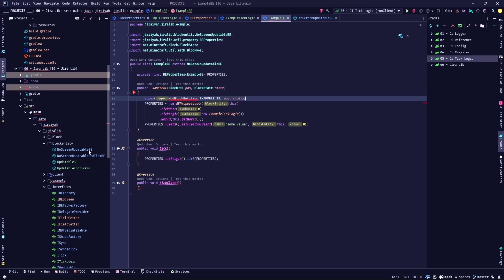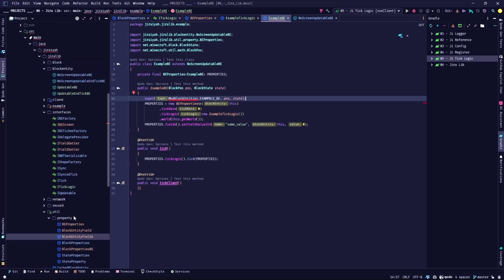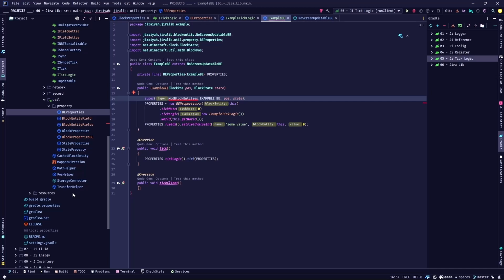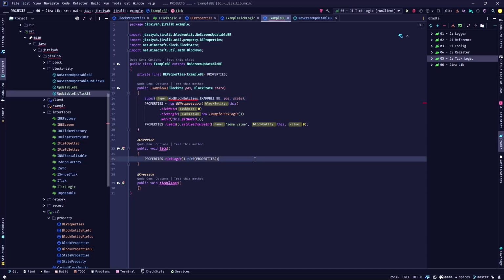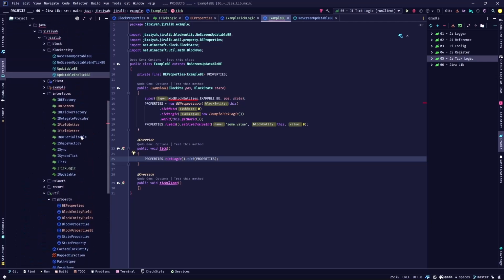Also, I think that I will now expand on the idea of BE properties and use some things that are being used by block property. I'm not sure. I mean, the same concept, because right now I have updatable and ntick, and I'm not covering the synced ones. And again, the combination of these will be at least 4 more classes sitting here. And I don't like it, you know. However, we will see how things work in the next episodes, because right now I need to go back and